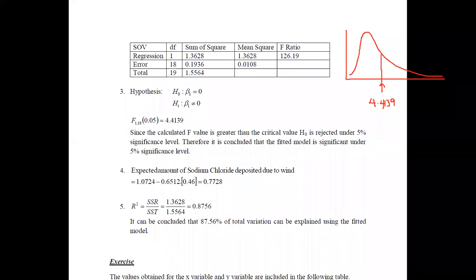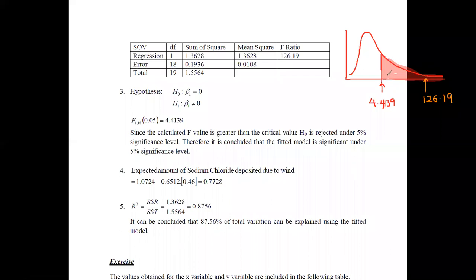Once this is the point identified as the critical value, you can name this region the rejection region. The calculated value may be somewhat here since it is quite larger than this 4.41. The calculated value was 126.19. Therefore, you can see that the calculated value falls into the rejection region.